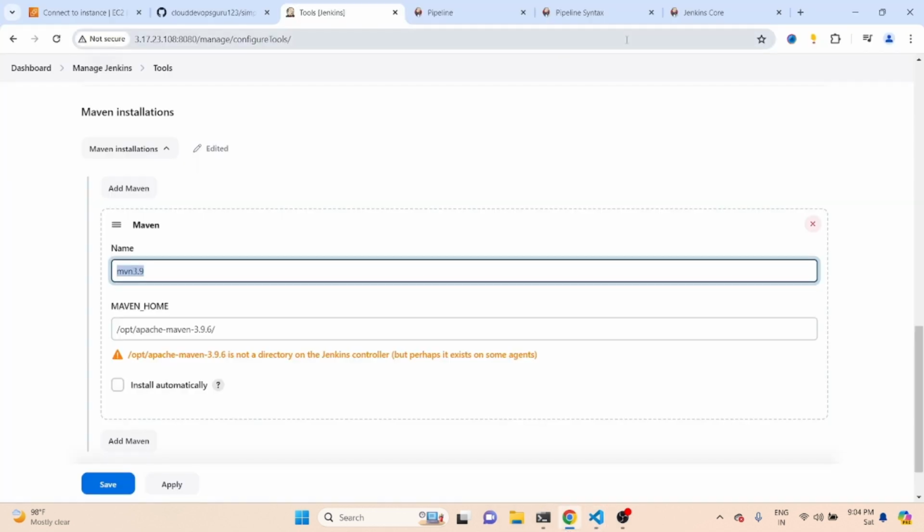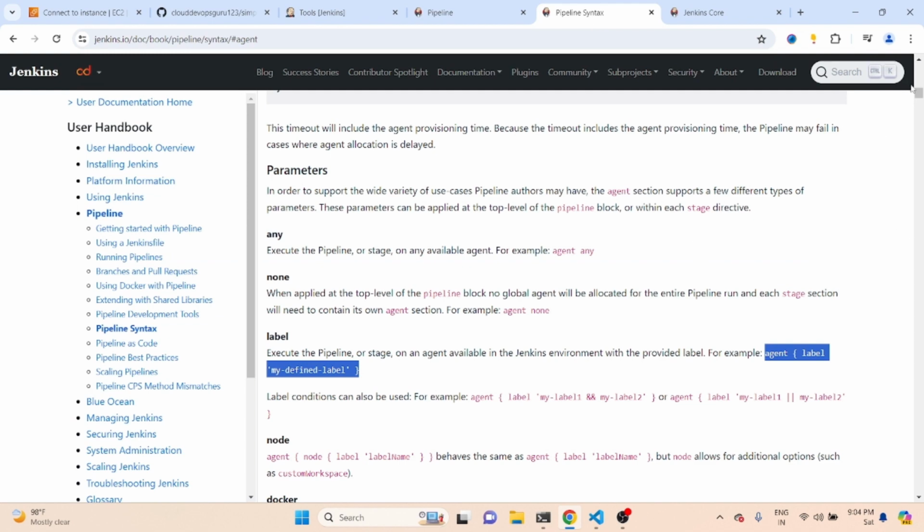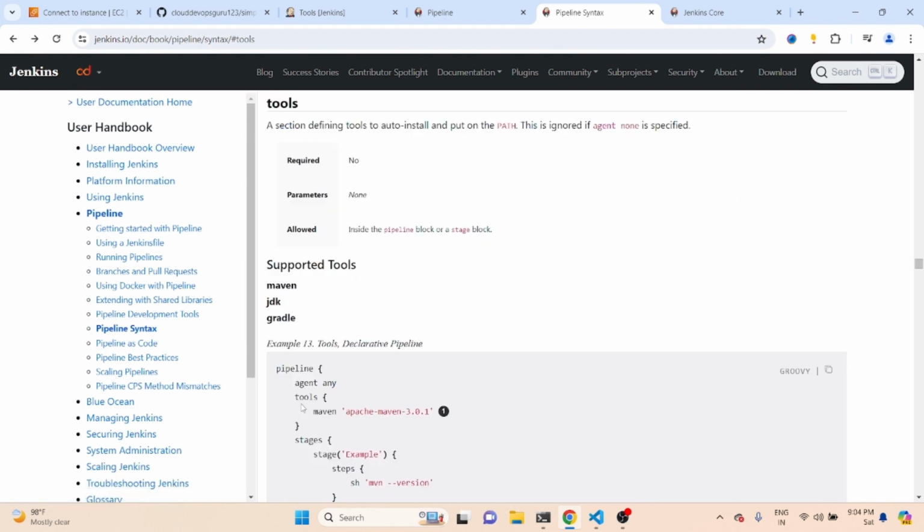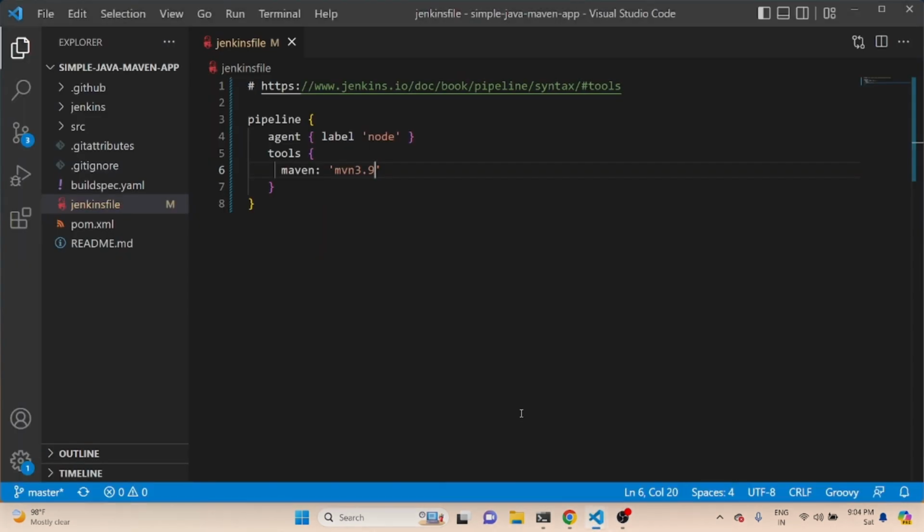If you wanted to check the syntax, just go to the pipeline syntax, go to the tool section. Here it has given how we can specify that. So we have written that one. Okay, then